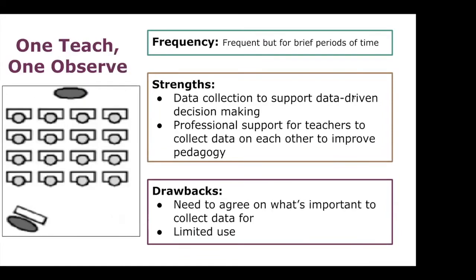Another one that we would like to use frequently is one teach, one observe. But we're going to use it pretty much for brief periods of time. And the purpose of this model is really data collection. And that data collection really supports us in making decisions that are based upon data. One teacher is actually teaching the whole group, and then the other teacher is observing, meaning that teacher may be walking around the classroom collecting data on students' mastery of a skill, of content,